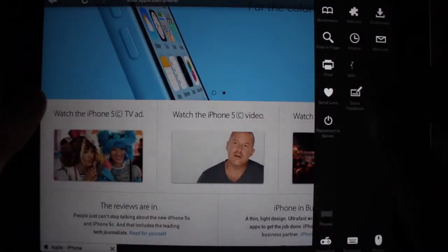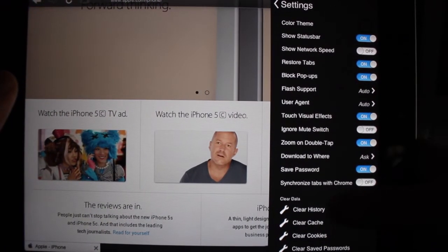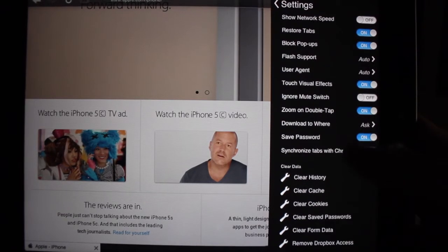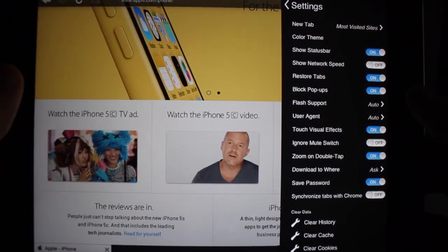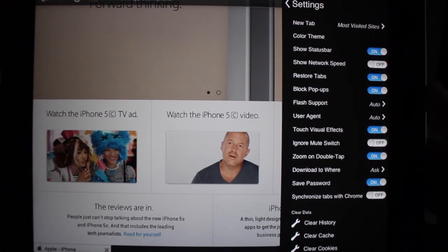So I'm just going to show you guys a couple of settings and then end this video. So here's a whole bunch of settings. You can turn Flash off if you guys want, so it'll be even faster when loading up websites. This can really help you guys out if you're at the airport and you're on the airport's website and they require you to use Flash or to have Flash installed on your computer and you're on an iPad and it